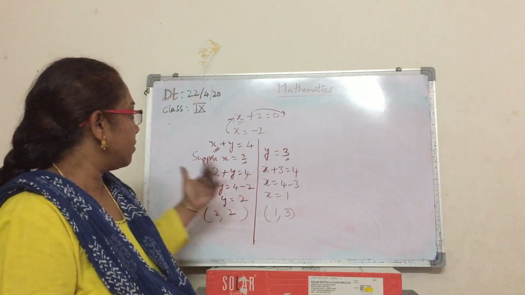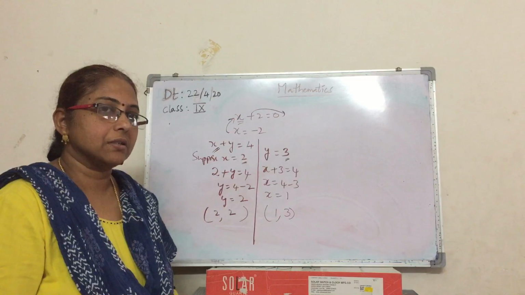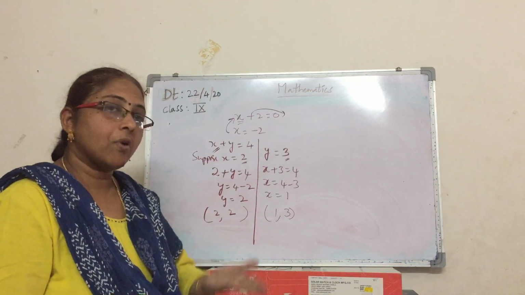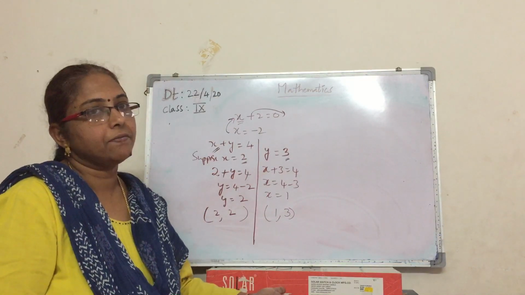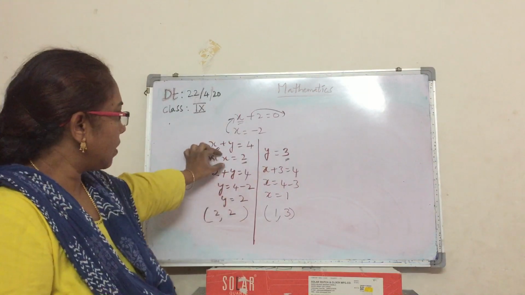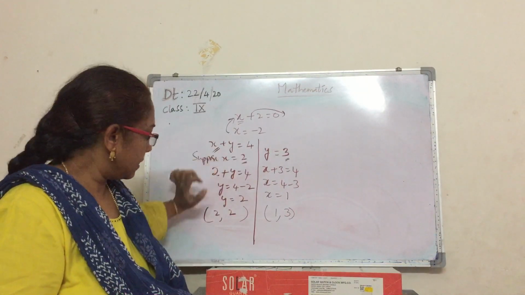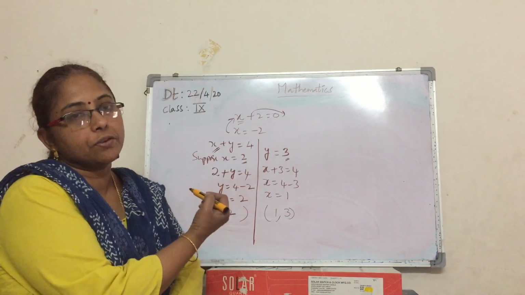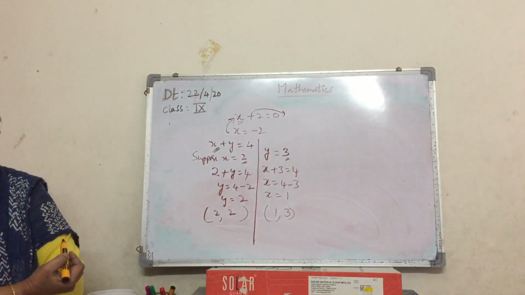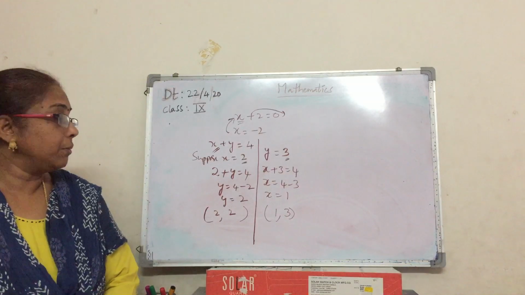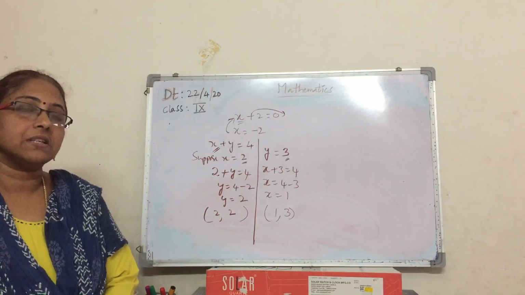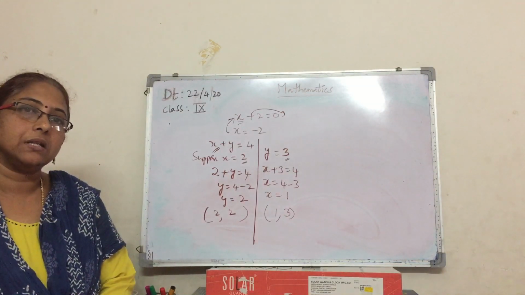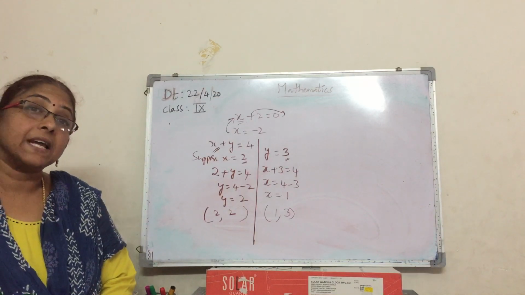So like this, if you take different values of x, then what will we get? Different values of y. See here, for whichever x value you suppose, you will get the related y value. So for that many values of x you suppose, you will get the corresponding y values. It means how many solutions are there for this linear equation in two variables? We will get infinitely many